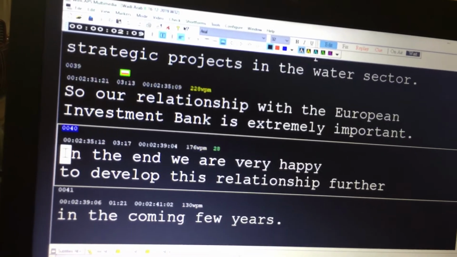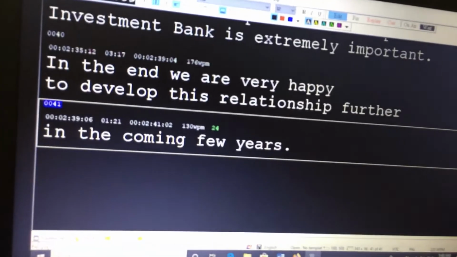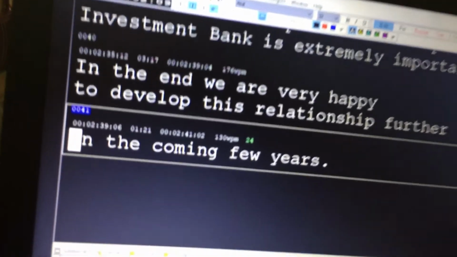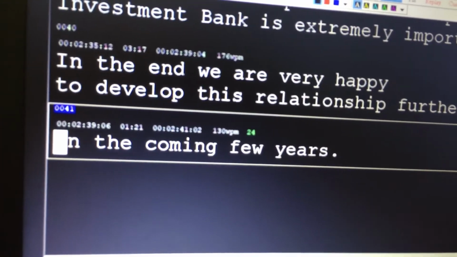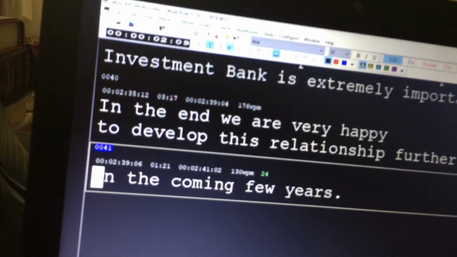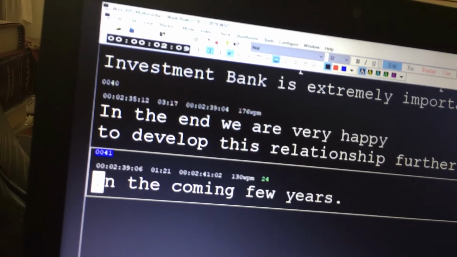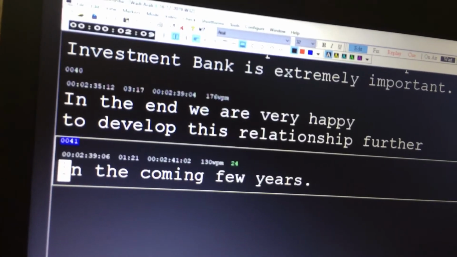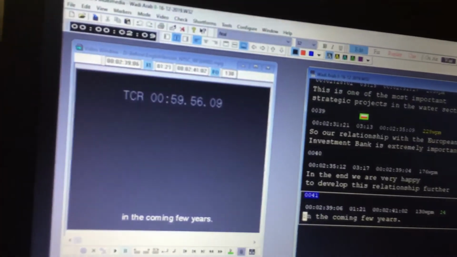Now I'm just going through the file itself. You can see this is quite a short file. It's got only 41 subtitles. And just to demonstrate, this is one of the files I worked on some time before, and I thought I'd show you. Now I'm going to move on and show you something to do with the video itself,